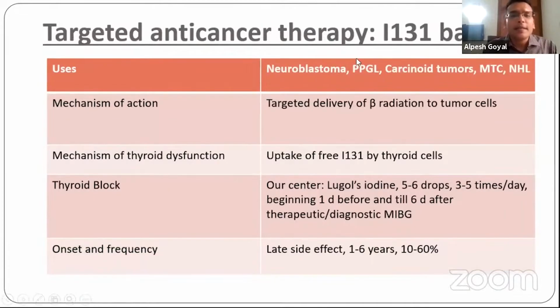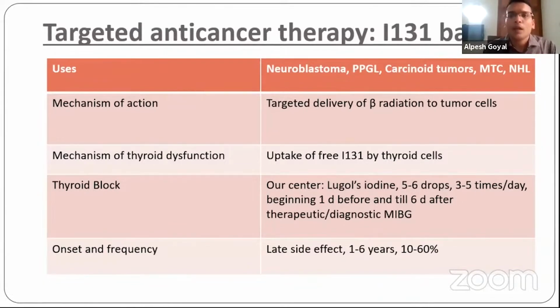The fourth targeted anti-cancer agent is iodine-131 based MIBG therapy or iodine-131 based anti-CD20 therapy, which is used in patients with neuroblastoma, metastatic forms, pheo and paragangliomas, carcinoid tumors, and medullary thyroid cancers who have a pre-therapy scan that is positive. Although this therapy is not FDA approved, we know that lutetium therapy is now FDA approved following the RCTs